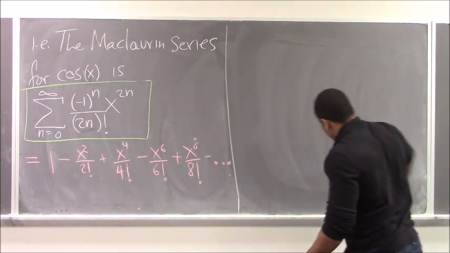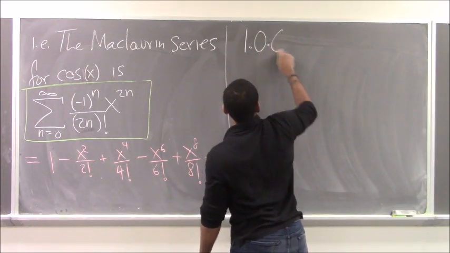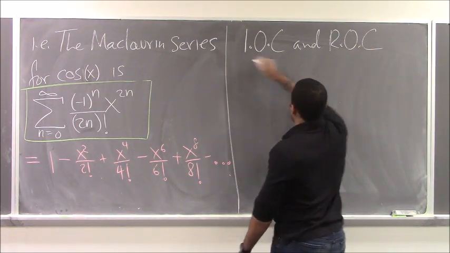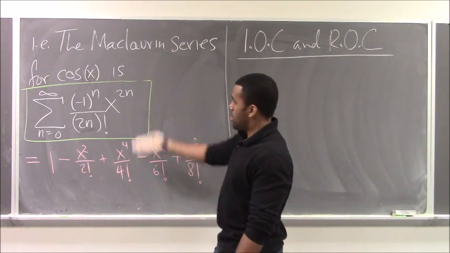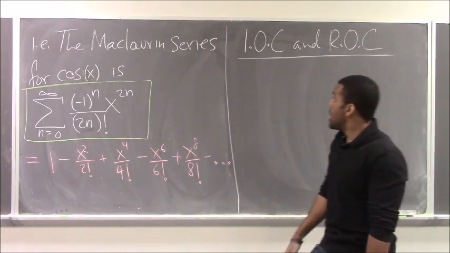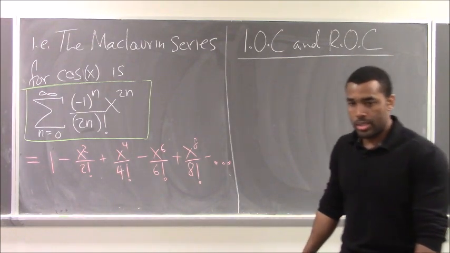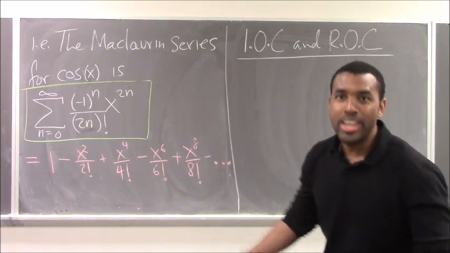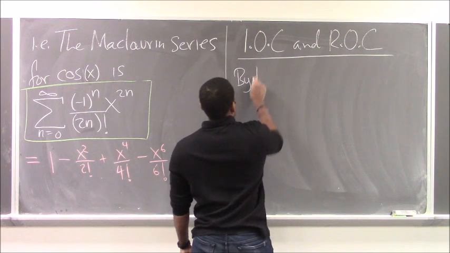So that being said, tell me how to find the IOC and ROC. So, this is my power series. How do I find the radius of convergence and the interval of convergence? Like the ratio test? Ratio test. Always the ratio test. Yeah. So by the ratio test,